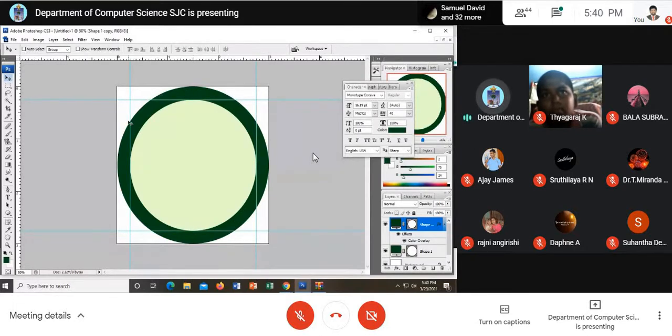So I have created the outline and the inner layer, inner circle and outer circle. Am I clear to you, my dear friends? Yes. Now look here. I want to create the center point also. Where is the center point? It is 1.5. It falls here, 1.5. And vertically, it falls here. So this is the center space, right?